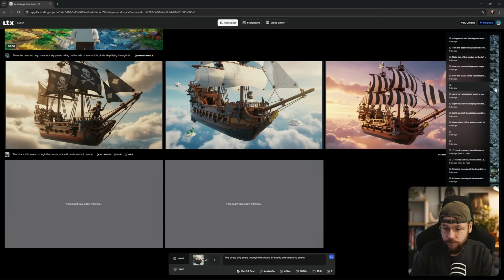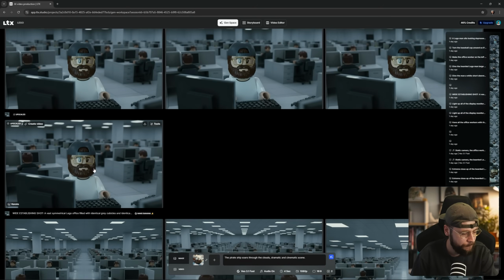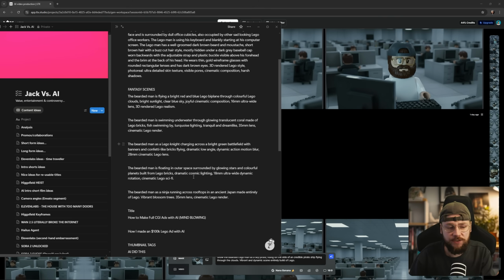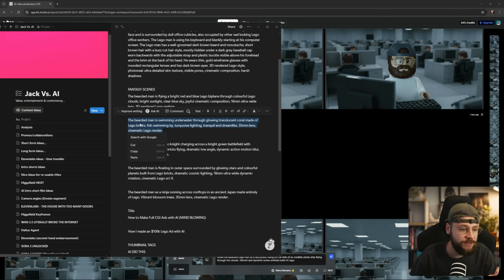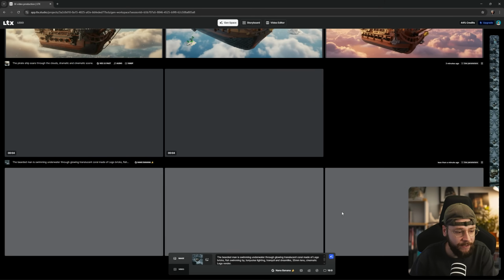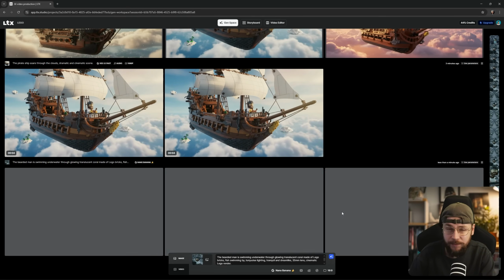But what we can do whilst we wait is I want to navigate back to my master image. Here it is. Let's create some more scenes for our montage. So once again, I'm hovering over my master image and I'm going to click the iterate tab. And you can see here, I've got a bunch of the outputs that ChatGPT gave me when I was trying to search for my initial ideas for this sequence. So I'm just going to grab this and copy and paste it straight into the text field here on LTX. We'll go ahead and generate some options there. I will of course throw up the text prompt